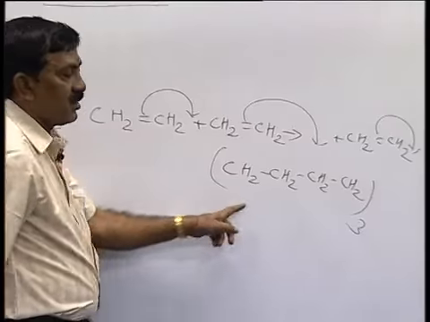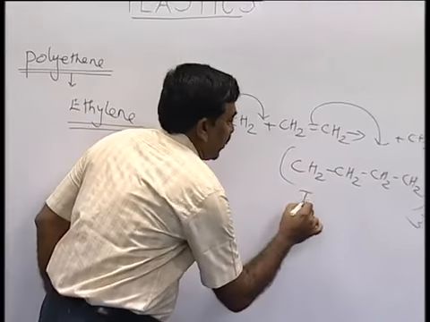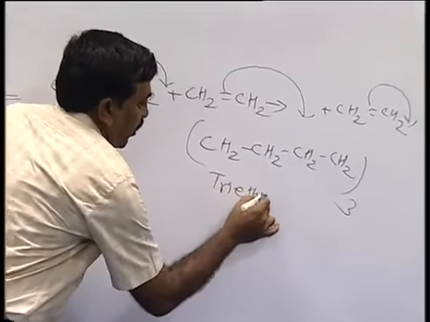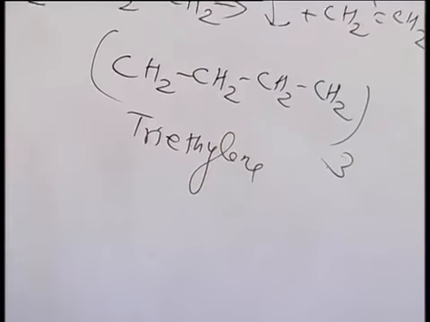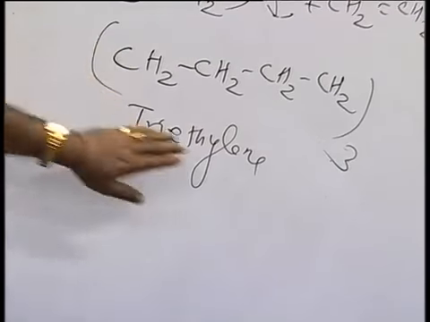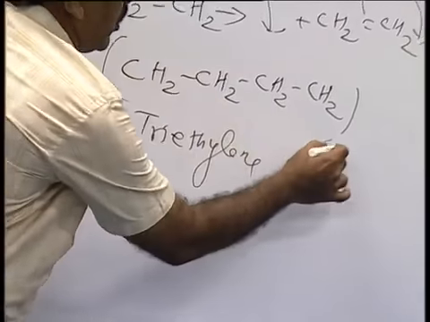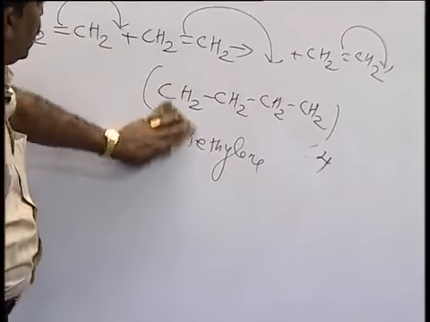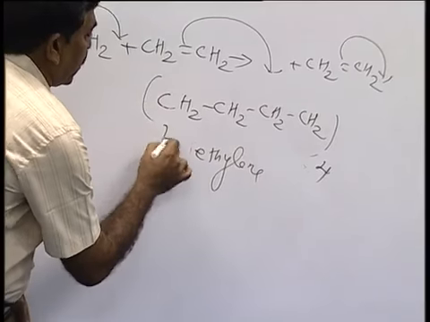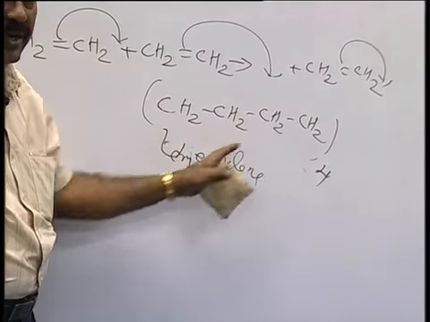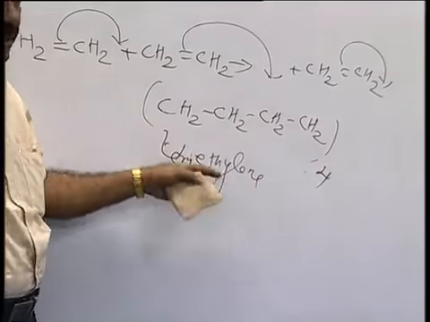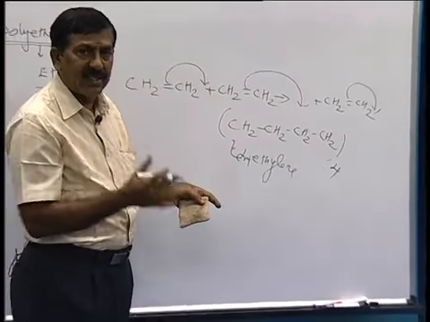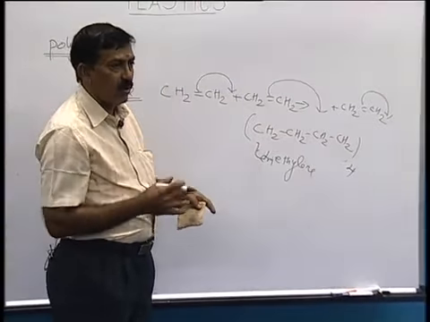You have to call this as triethylene. If you want to add one more ethylene, now it becomes tetraethylene. Instead of tri, it becomes tetra. Pentaethylene, hexaethylene. Like that, if you go on increasing the addition of ethylene molecule one by one, you will get a